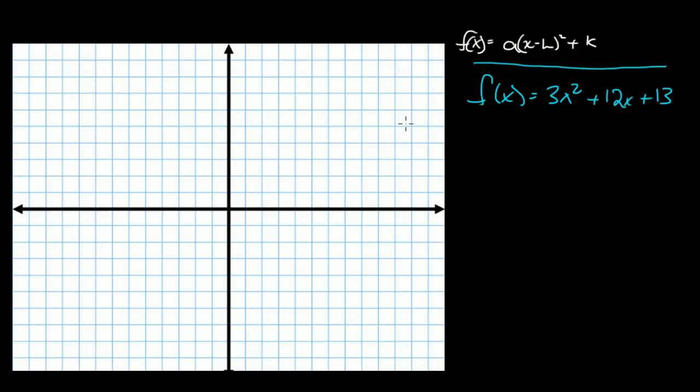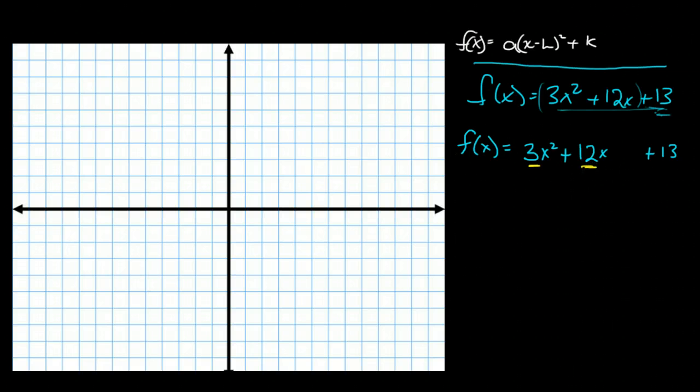Let's have some more fun sketching parabolas using our graphing form of a quadratic equation. So what I've got here is a quadratic in descending order, and I'm going to separate these two terms from my constant term. I will do that by just rewriting it as 3x squared plus 12x, and I'm going to separate the plus 13. Now, if you remember, in order to complete the square, what I need to have is a coefficient of 1, and I don't currently have that,